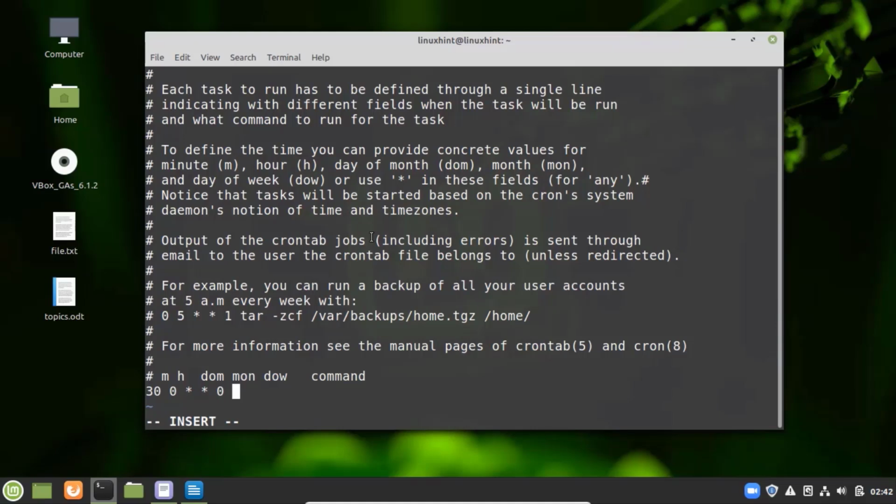So for example, I say that I have a file that is example file and there are some commands written here. So I will write here user/bin/example.sh file. So when it will be the 30th minute of the 0 hour every day and every month on Sunday, then this command will run. So this is how you can schedule the task,